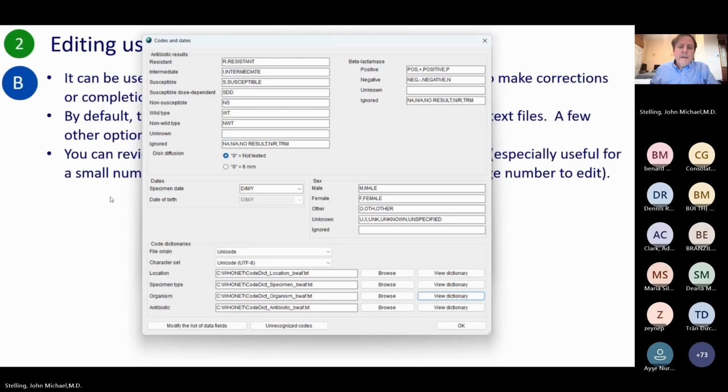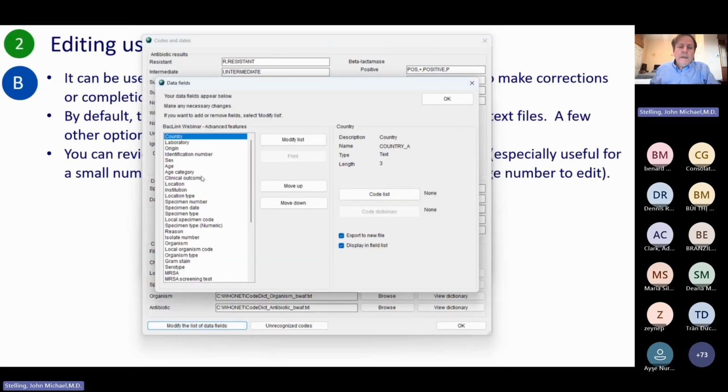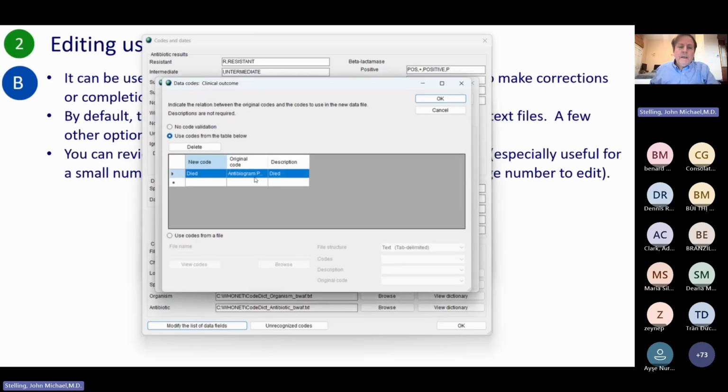Modify the list of data fields. Clinical outcome has its own private dictionary in a table. And it has its code. So the code list, you saw me create that manually. Using that manual code list, BacLink has created a code dictionary saying, well, you call it antibiotic, make this wider. You call it antibiogram passive surveillance, but WHONET calls it DIED. So this is ongoing maintenance of